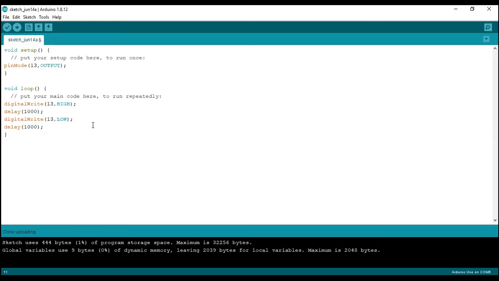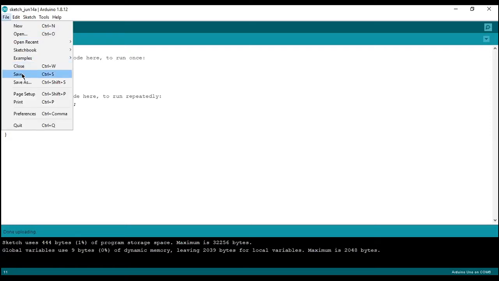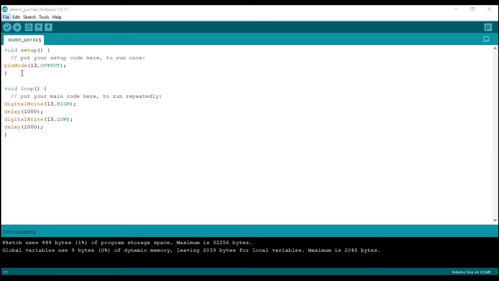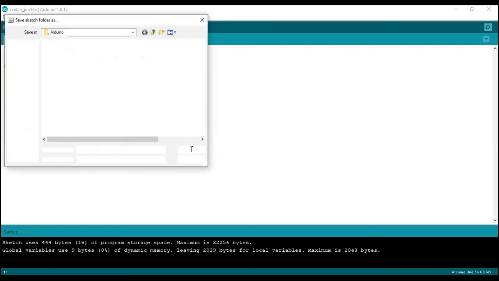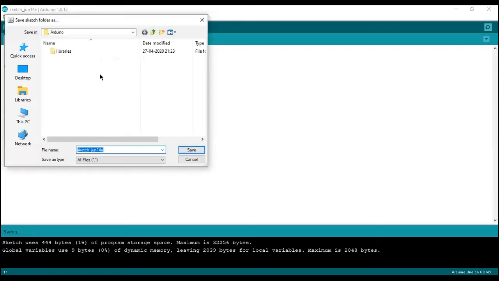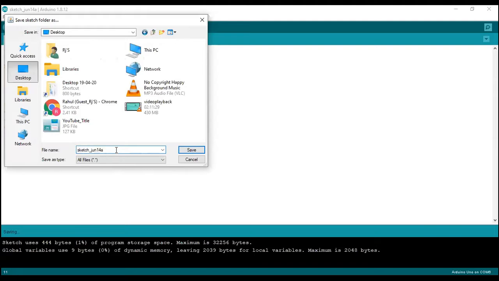Let us save this program. Click on File, Save. Alternately, you can use the shortcut keys from keyboard Ctrl and S. Give the appropriate path. I want to save this file on desktop, so click on Desktop. Assign the name to this sketch.